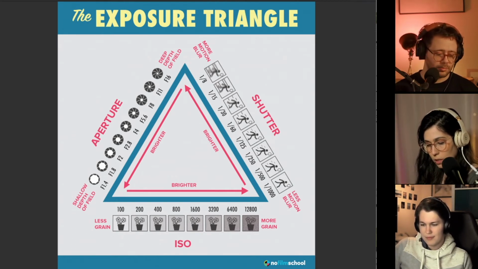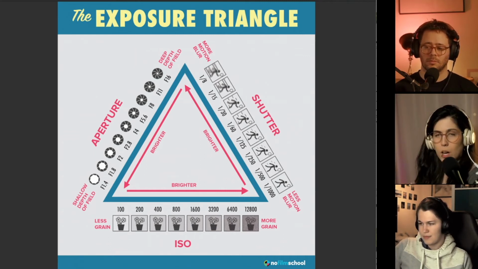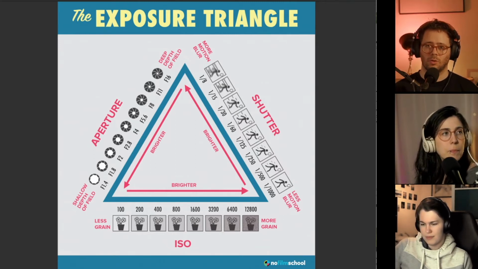Cedric was saying there is also ISO invariance, which is that if you underexpose in RAW and you boost the EV in post, you actually get the same result as if you had exposed at a higher ISO in camera. Apparently. So you will get the same noise? That's what I understand.